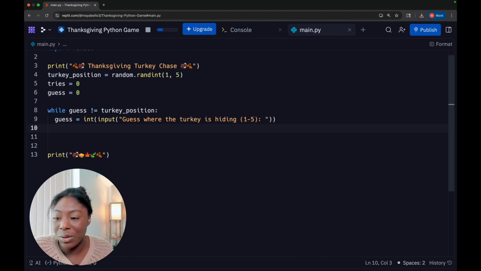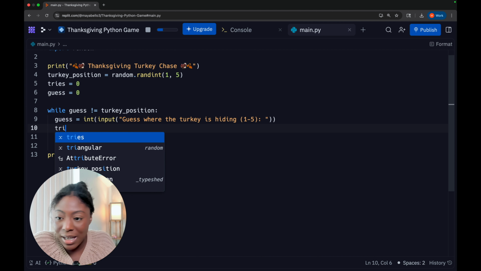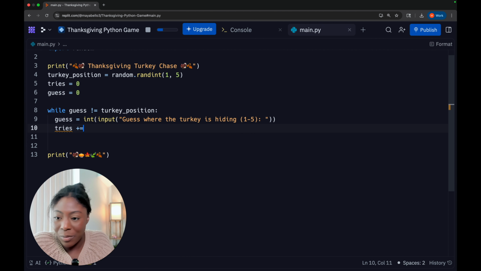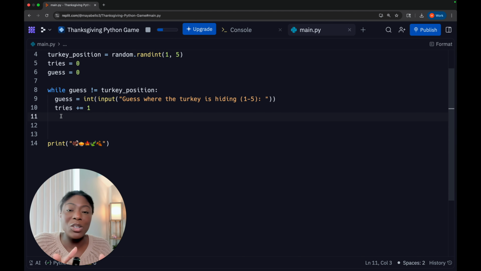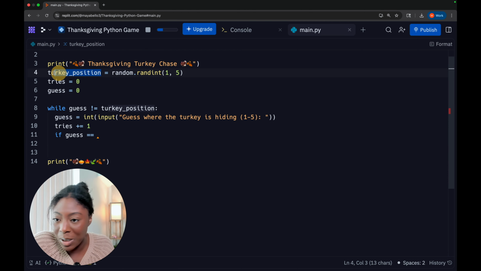So after the user makes the guess, the number of tries increases because they just put out a guess. So let's increase tries by 1. And now we're going to have 2 different situations: if the guess is correct or if the guess is not correct. So let's start with correct. So if our guess is equal to the turkey position,